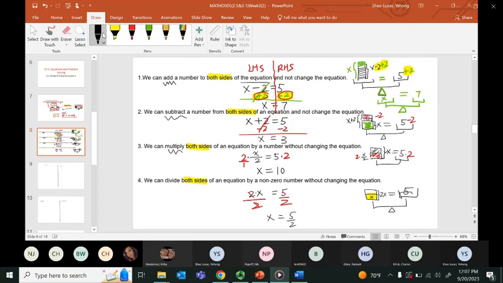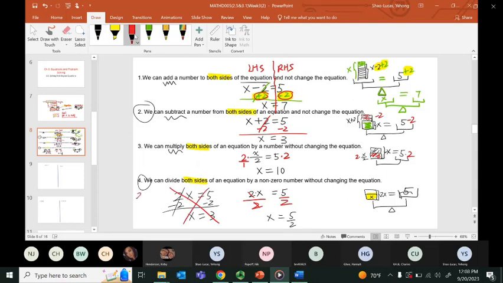Okay. Now, I do notice in the past that some students got confused by number 2 and number 4. For number 2, we have to do subtraction. Number 4, we have to do division. And I noticed in the past, some students thought they could just subtract a 2 from both sides to get rid of that 2 there. No, unfortunately, this is incorrect, okay? And we also talked about this, I think it was just Tuesday, right? This will not work. Why not? Why not? Because